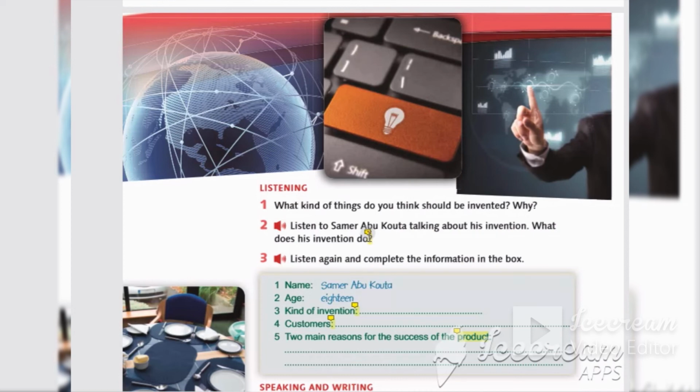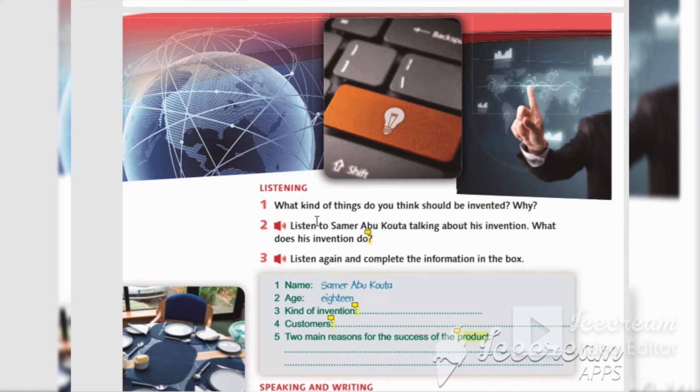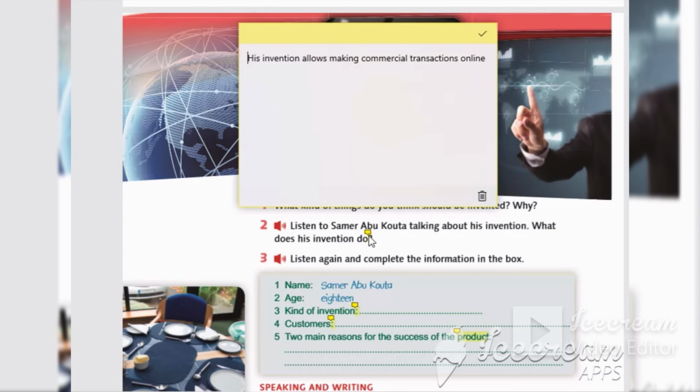What does his invention do? Look at this. His invention allows making commercial transactions online. Very good. معاملات التجارية صارت تصير إيش؟ Online, without going to the place and taking papers and paying money. So this invention allows making commercial transactions online. Okay, now I will highlight it, and you have to write it on your box. Okay,